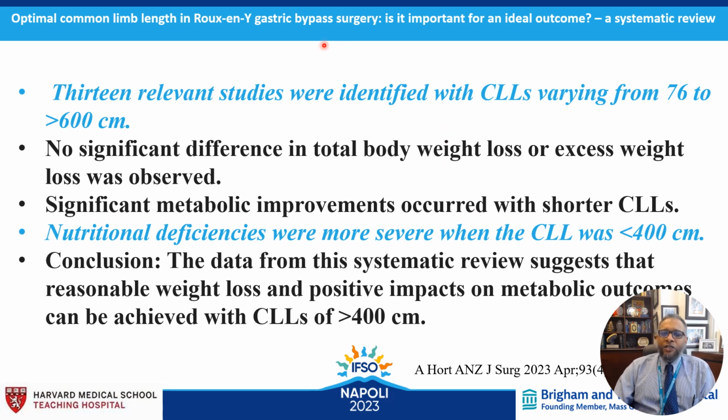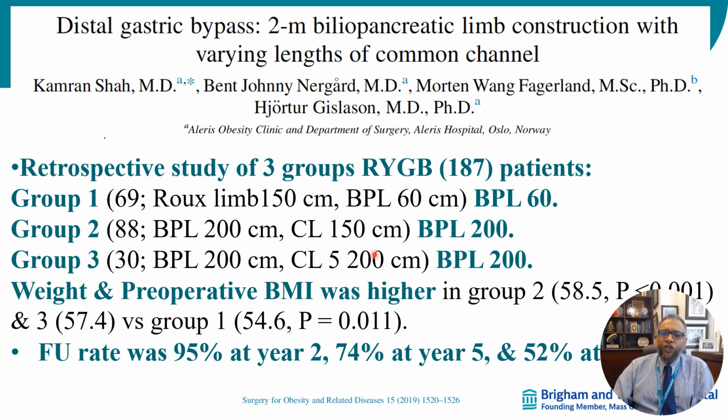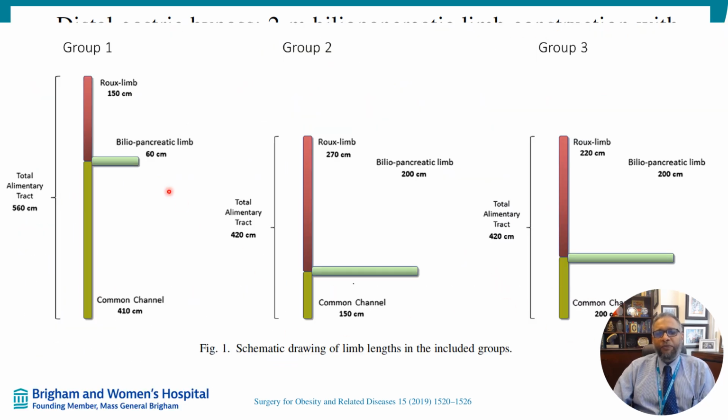And studies have looked at the common channel in Roux gastric bypass. And in this study, nutritional deficiencies are more common when the common channel is shorter. And I want to share with you one last study from Norway, where they looked at 3 groups of patients. First group with a shorter BPLM, and second and third group with a longer BPLM. So schematically, group 1, short BPLM, group 2 and 3, longer BPLM of same length, but group 2 has a